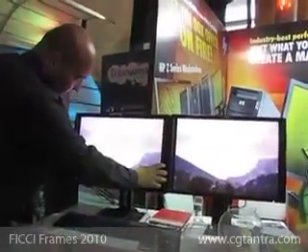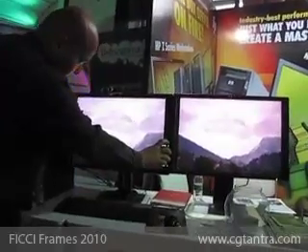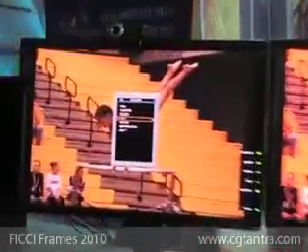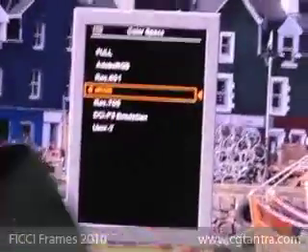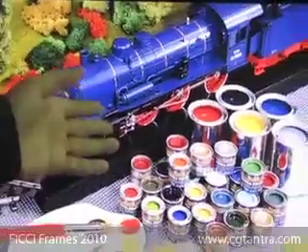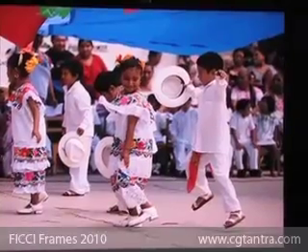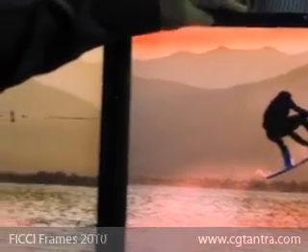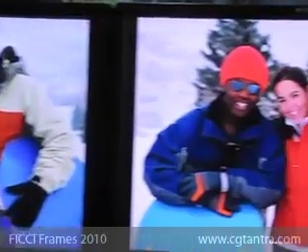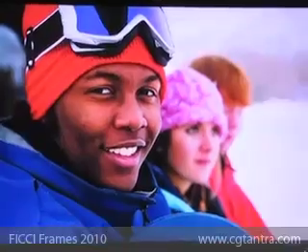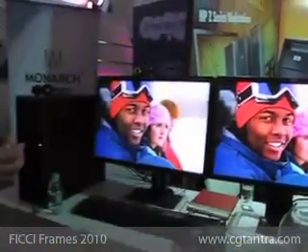The advantage of this particular TFT is it gives you an option of certain preset color profiles like Adobe RGB, Rec 601 and sRGB. What we are currently showing over here are the raw images in sRGB format, and you can see the finer differences in the color over here. Obviously you are able to see the raw sRGB and the true images, whereas over here it is the image which is processed by the engine of this particular TFT, right? And you don't get a true color over there. So this is a fantastic solution for color critical applications and for users who need to work on true colors.